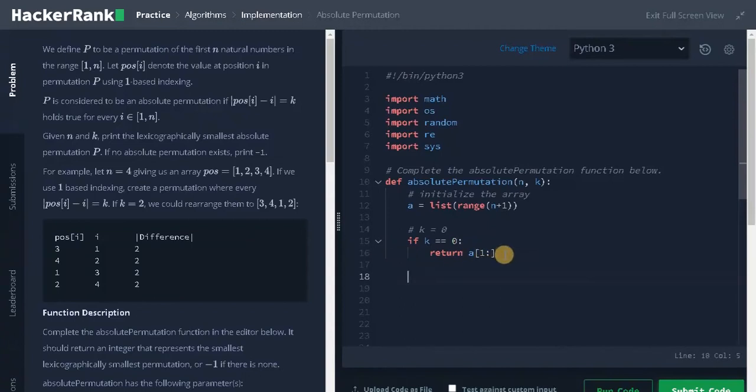And the next case is n is odd. If n modulus 2 equals 1, return -1. If the number of elements is odd, we can't get an absolute permutation even by swapping, so we need to return -1. After that we can go for the main logic.